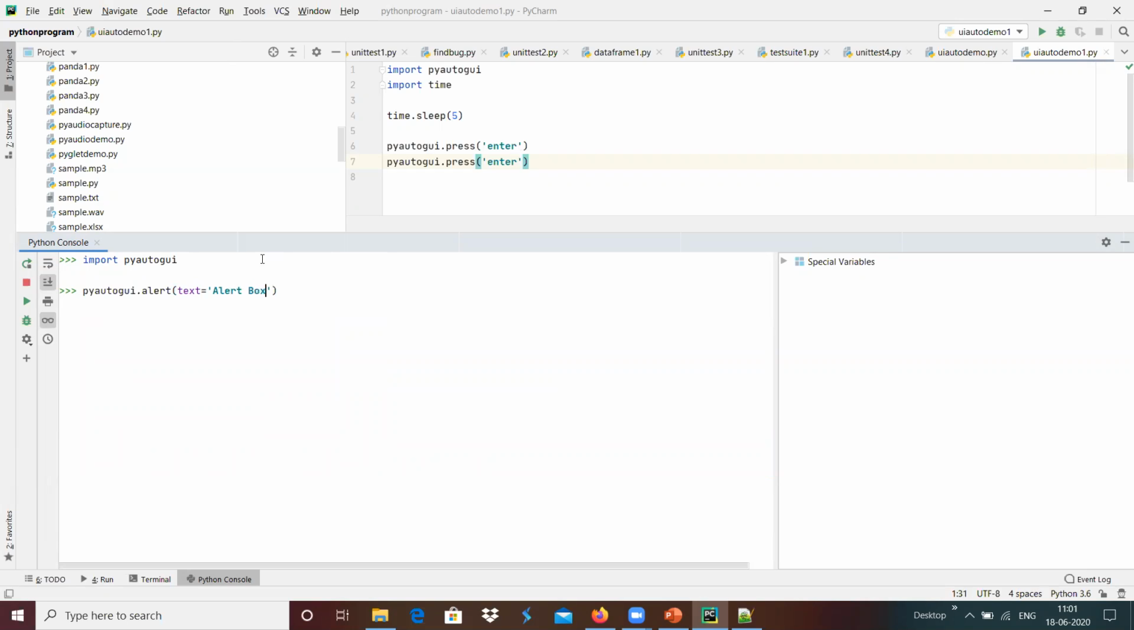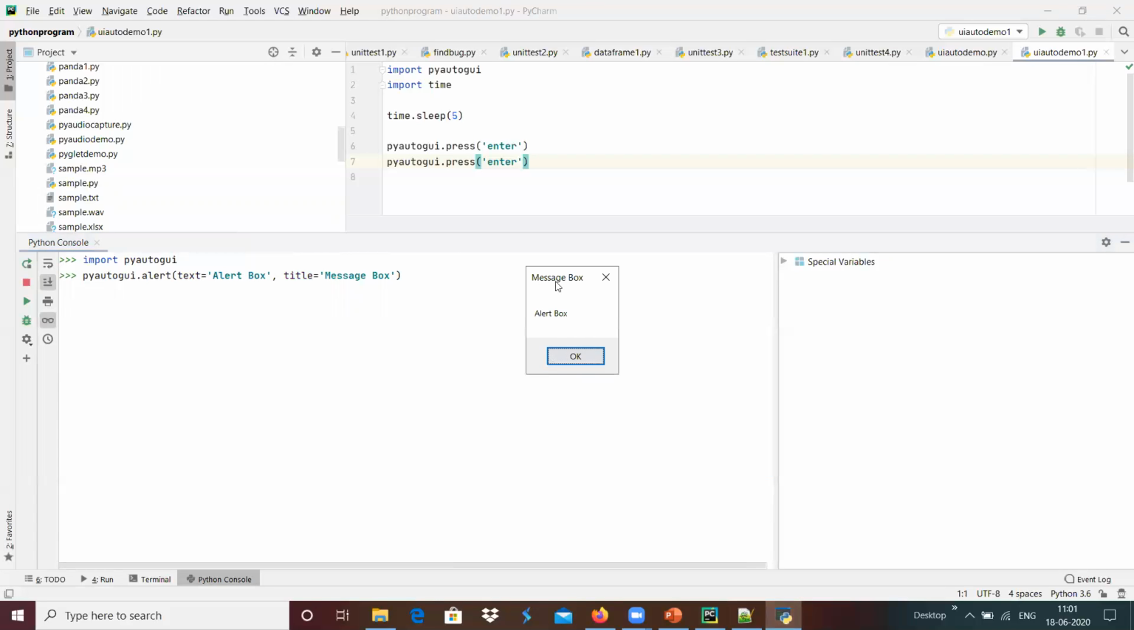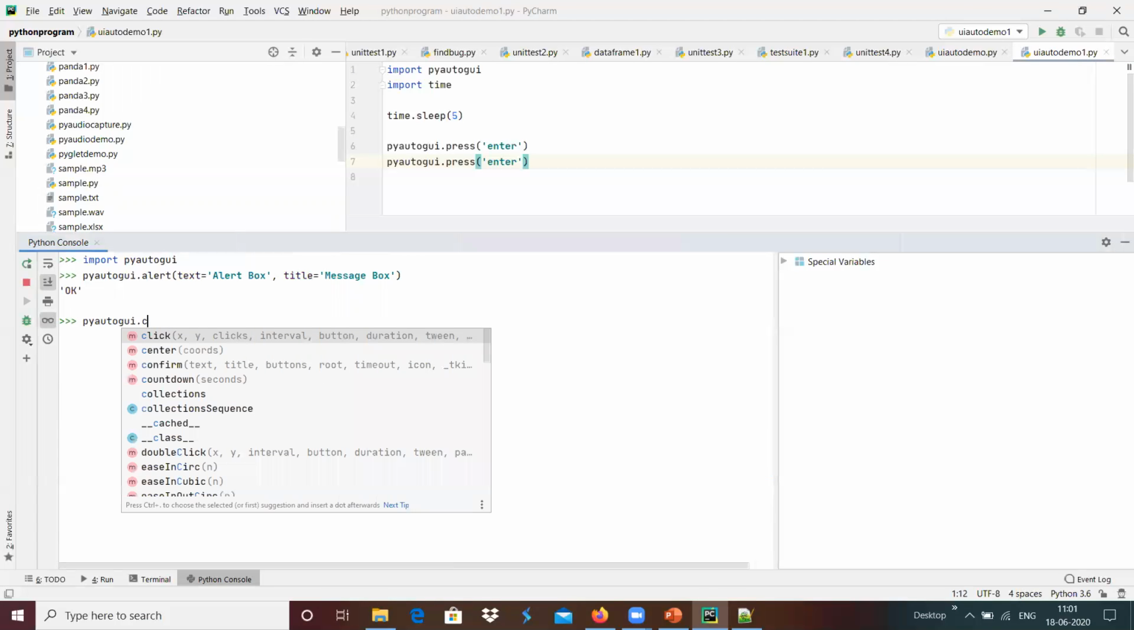Alert box, and we have the title, maybe a message box, and whenever I am running, I get a message box over here, with message box as the title and the alert box with OK over here. And in a similar way we have the option confirm, PyAutoGUI.confirm over here